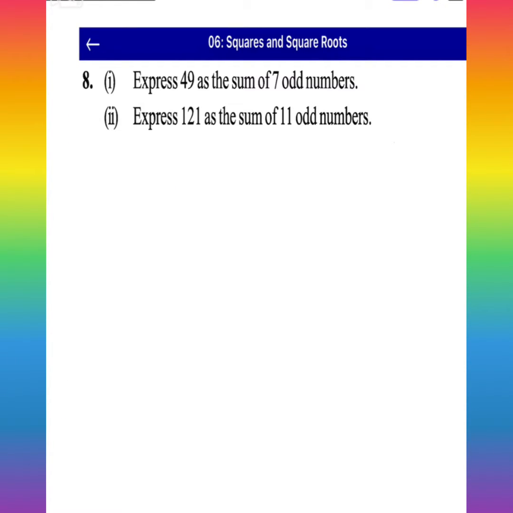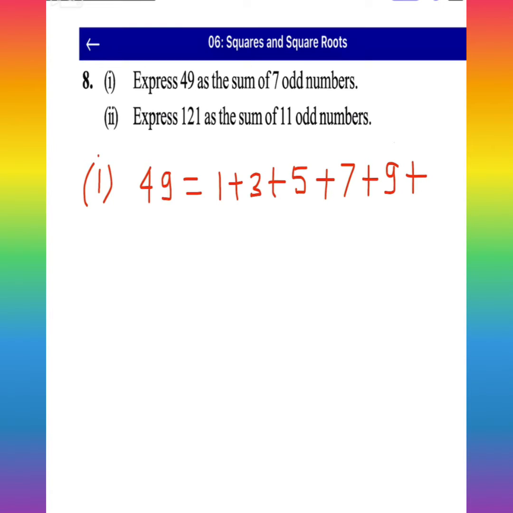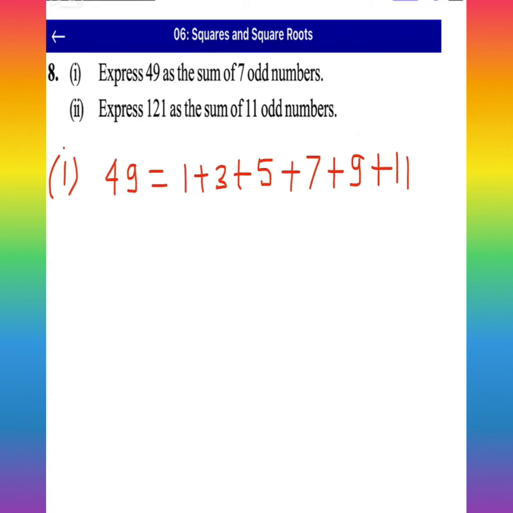You know that you will write here successively odd numbers as 49 equal to, this is the solution of part number first, that is 49 equal to, you can write as 1 plus 3 plus 5 plus 7 plus 9 plus 11, and you can see that here is a total of 7 numbers, 1 2 3 4 5 6, and after that you will write here 13.